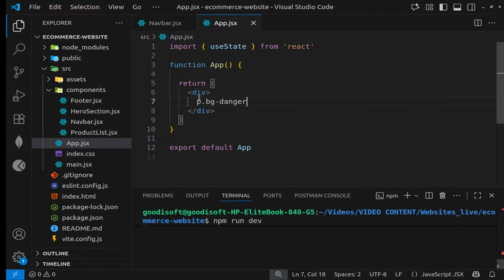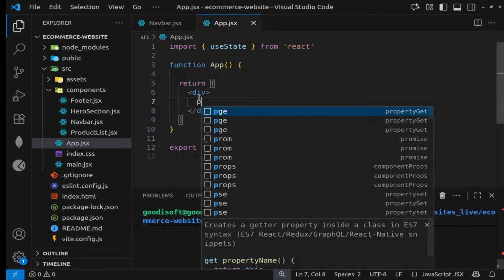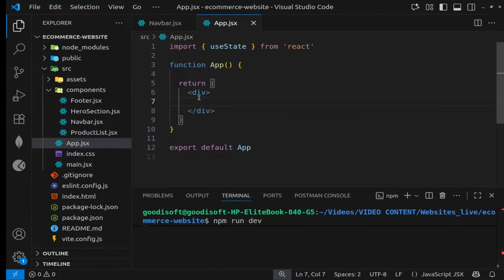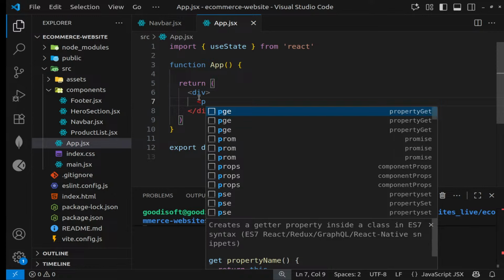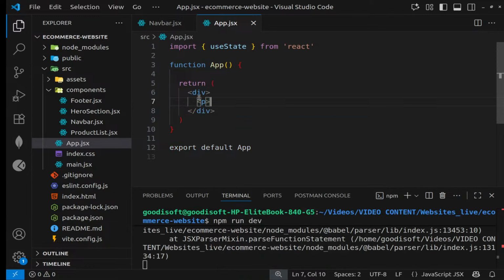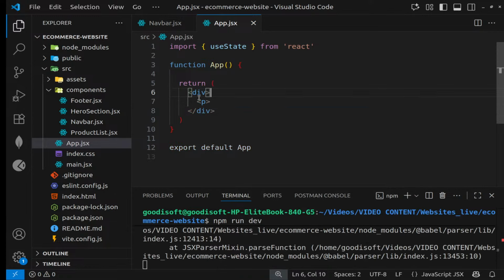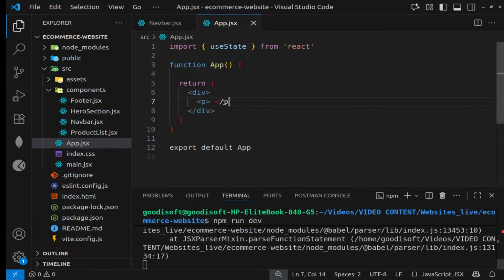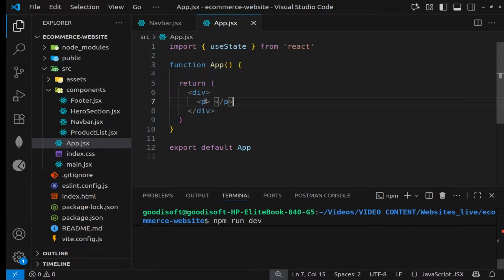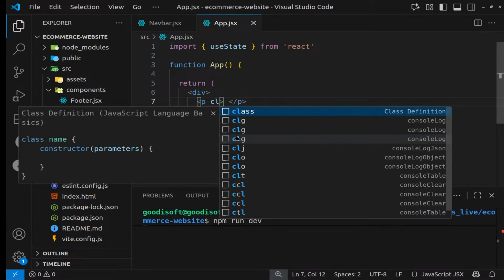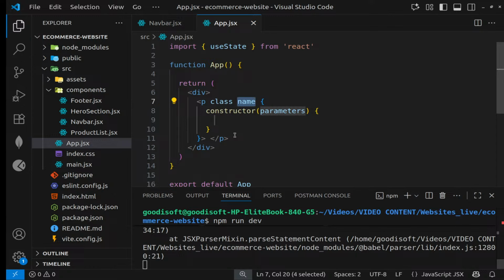All right, I want to test if this is linked. I need paragraph tag p. All right, so you're going to have a class to specify in